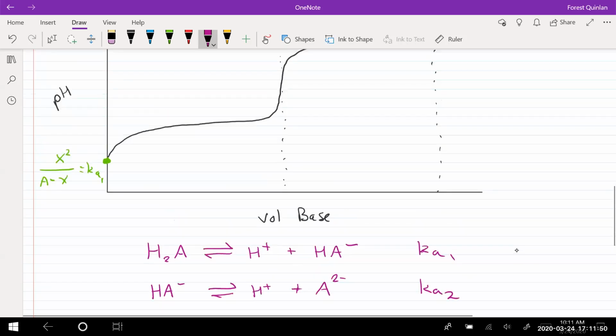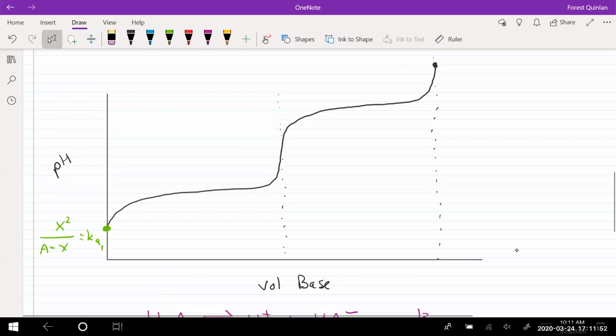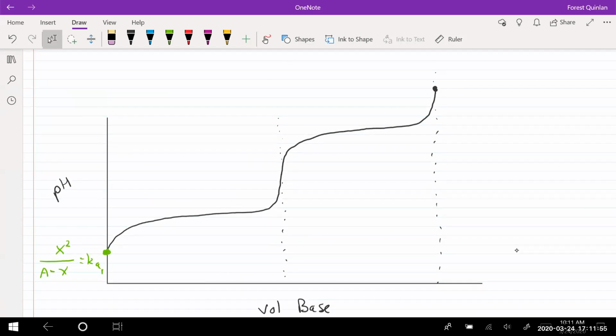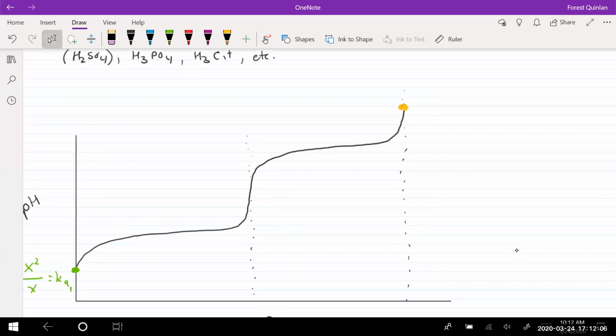Okay. That being said, there's a couple of other spots here that we could make some inferences about, and that is the endpoint up here. How would we figure out the pH on that one? I'll give you a hint. It starts with x squared. X squared. That one's with the base. Right, that's x squared over B minus x, and that's going to equal a K